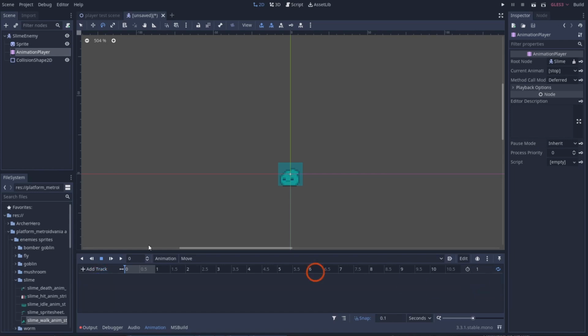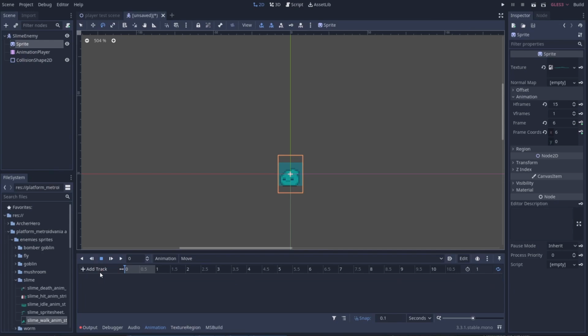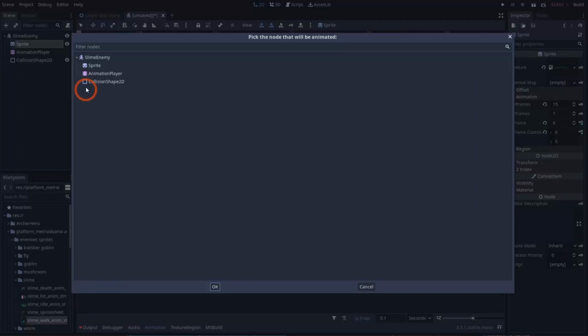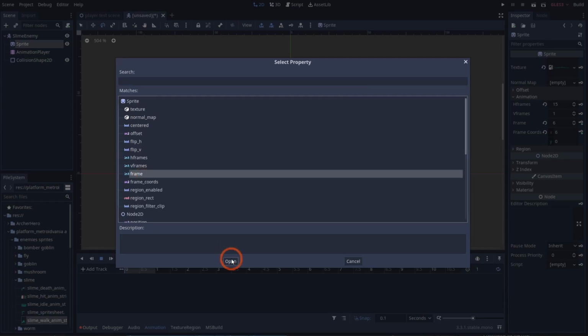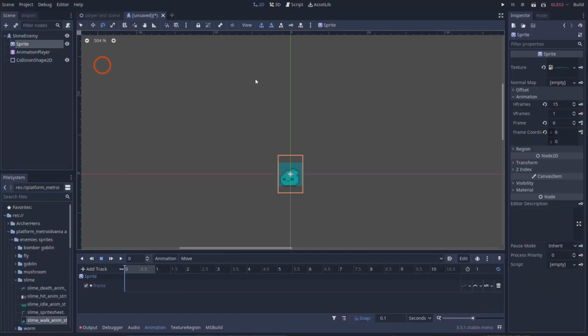So let's go ahead and trash this. Sprite, add a track, add a property track, sprite, okay. Let's add in our frame, and then let me start off at 1 and run through again. Goodness. There we go. That fixed that issue.